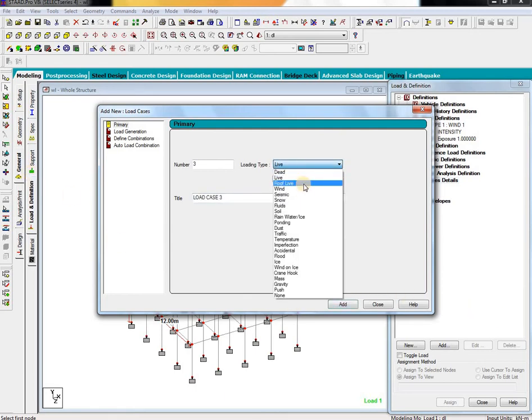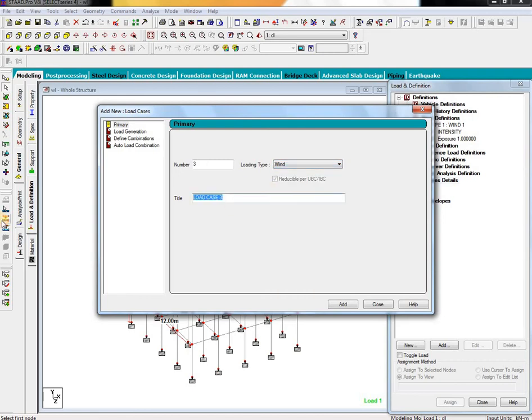Then wind load due to X direction, so positive X, add, and negative X, add, and positive Z direction, and negative Z direction. So that's it. Then add, close.